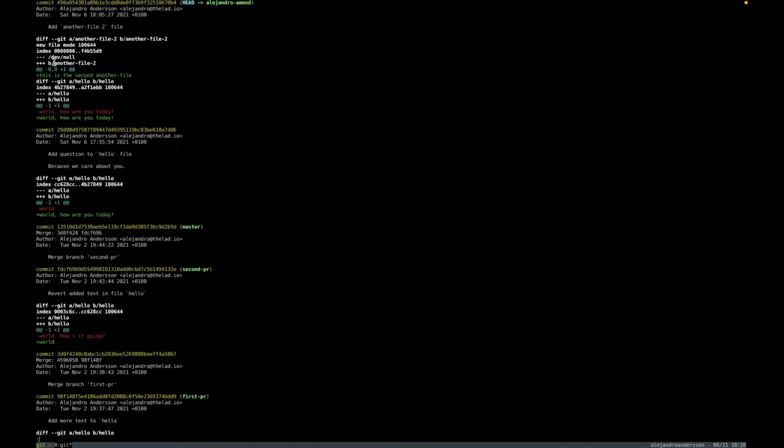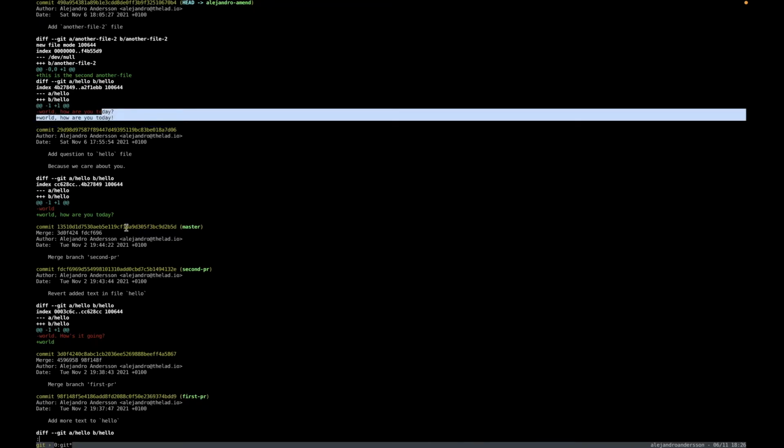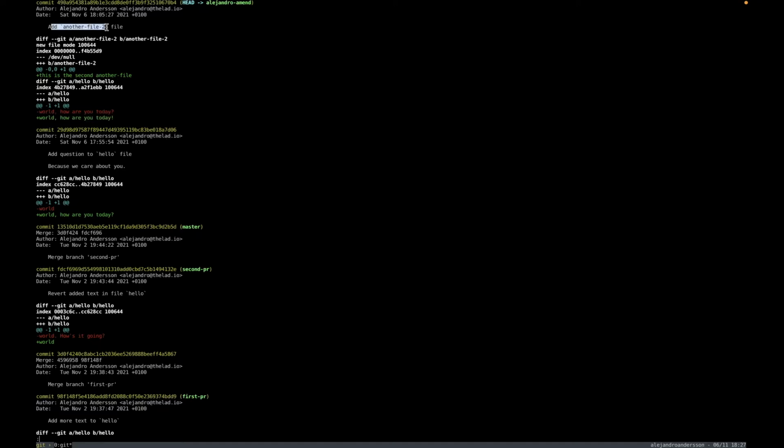removed another file and added this another file -2, but also updated hello, because we wanted this change to have gone into the first commit, and to just prove that git commit --amend doesn't do anything magical. It just works on the most recent commit, and that's why that change happened to go into the most recent commit, being the add another file -2 commit. Okay, but let's do this. Let's take this commit back,